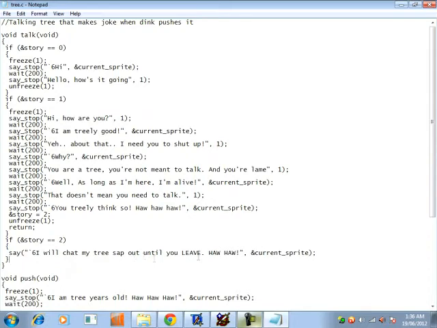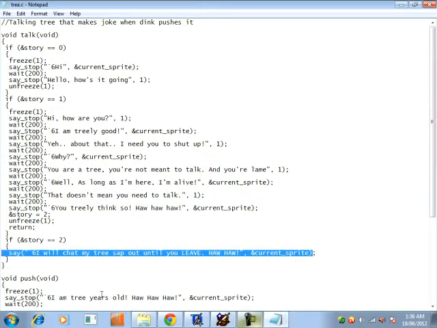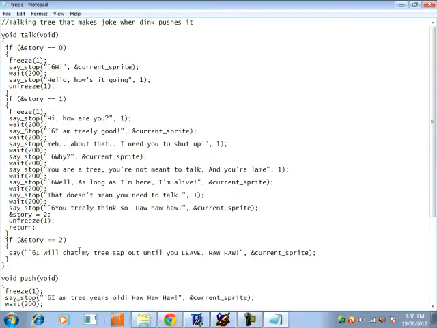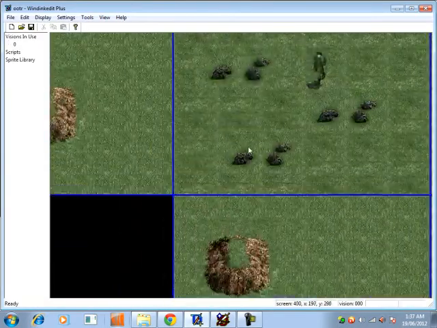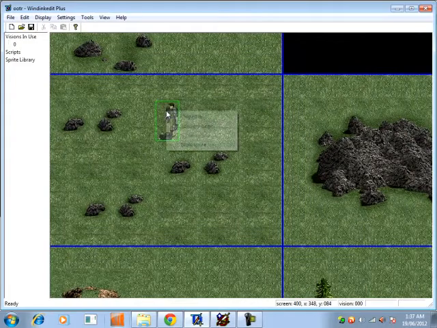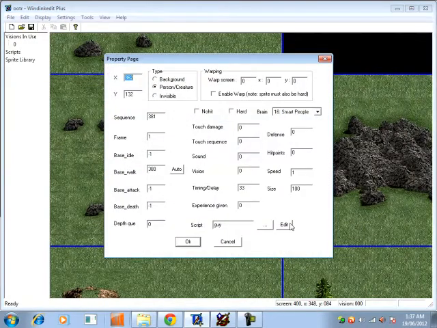Of course, if you wanted this to run straight after, you don't have to have that return line there, but I had that there because I think it seems a little odd that this conversation's over and then it wants to say that. But if Dink comes back and talks to the tree, then it'll say this line. So that's the change I've put here. I'm not going to save that because I just deleted the return value and re-added it, so I didn't really change it. And then the last change is with this green guy, and this is probably the biggest change,